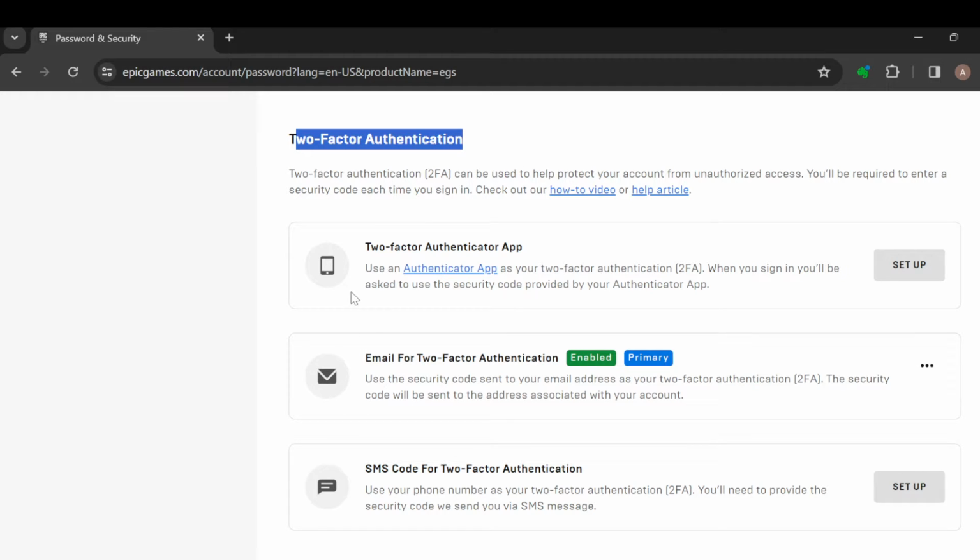Now for you to want to disable two-factor authentication, it means that you've added it already. For me, I used my email for my two-factor authentication. Now, note that this method I'm about to teach you applies to the app as well as to the SMS code method. So once you've selected the two-factor authentication you'd like to disable, just click on the More Options button